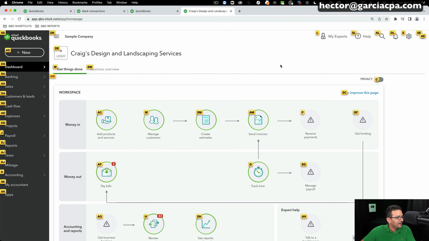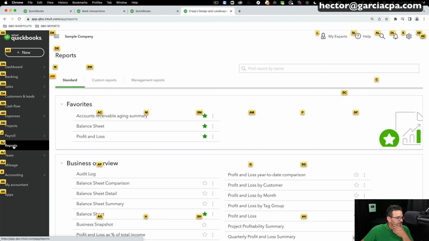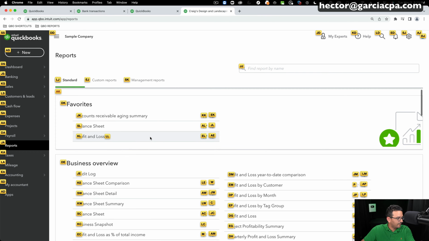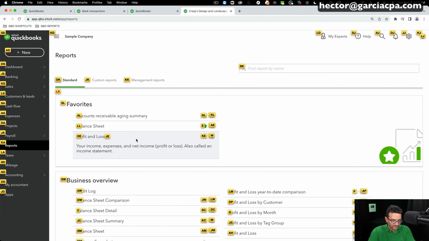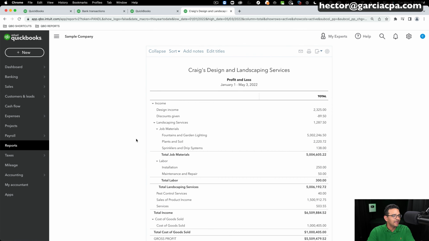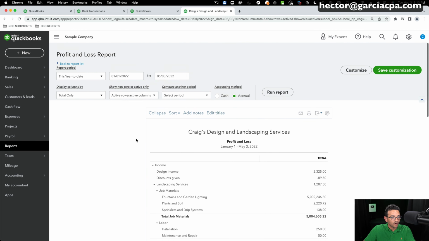Now, something I really like, and this is built into Vimium, we're going to go into reports really quick, and I'm going to press F one more time, and then let's do profit and loss. Let's do F one more time. That would be DE for profit and loss, and then I'm going to scroll up here,